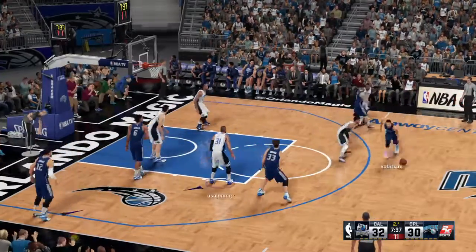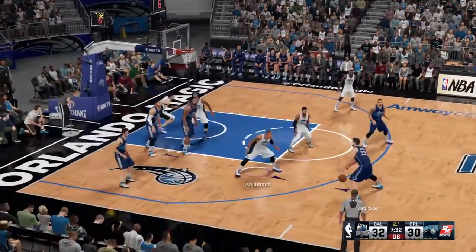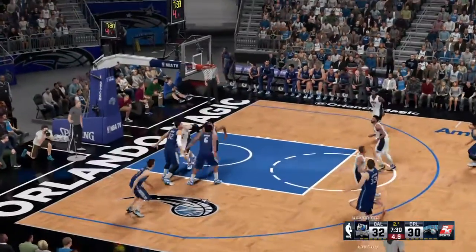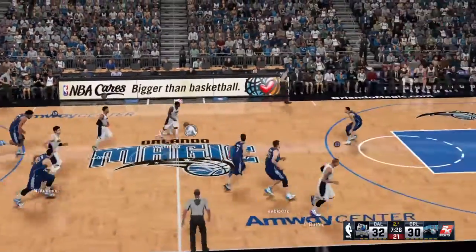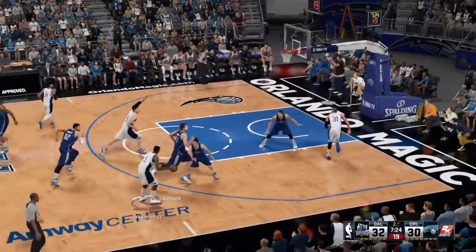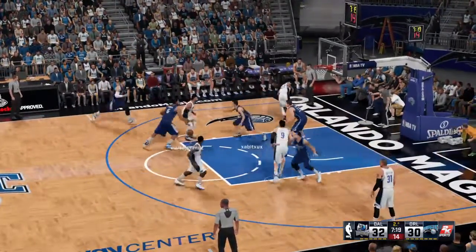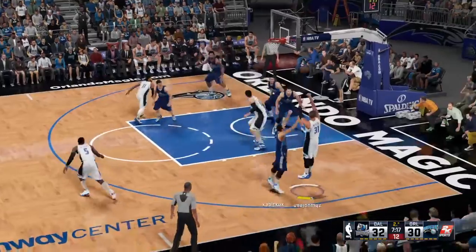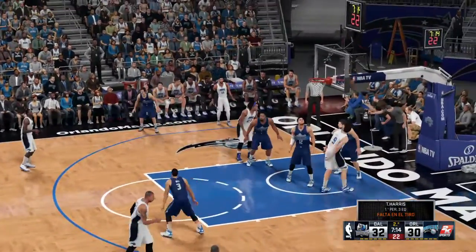Outside Hill. Anderson outside. 6 to shoot. Anderson can't get that one to fall. Boy, with an open look like that, he is so gifted. Man, you've got to play better defense. Eventually, he's going to make you pay. Yeah, you can see he's still in rhythm, even though he misses that one. Almost always deadly when he's that